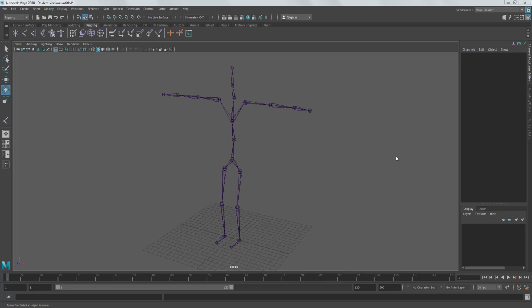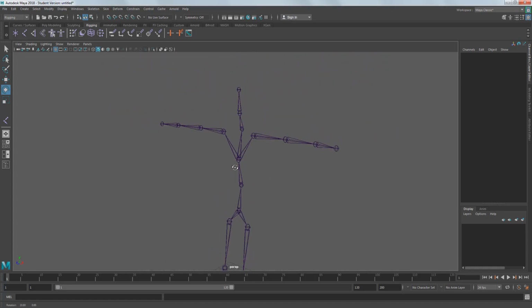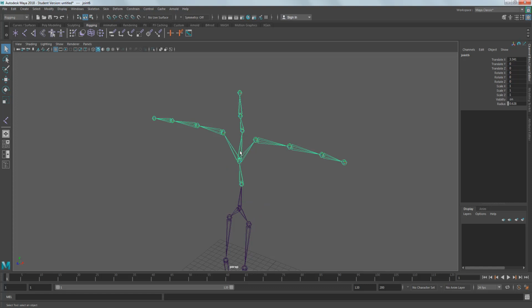In this video class, I'll show you how to change the orientation on joints. At the moment, I've built this simple biped skeleton. I've deliberately built it a little bit irregular to screw up the joint orientations. So at the moment, if I multi-select the spine here, if I pick all these joints here, and I try